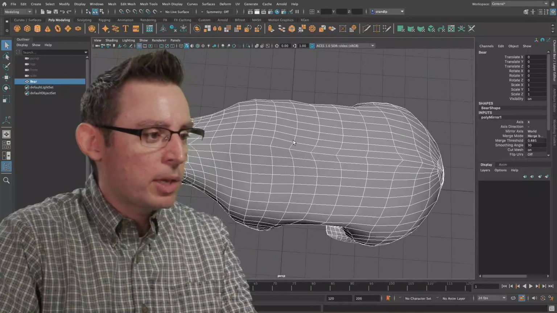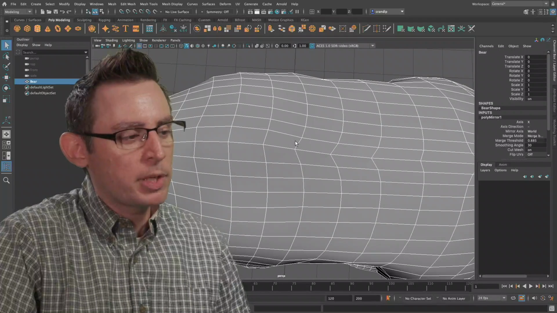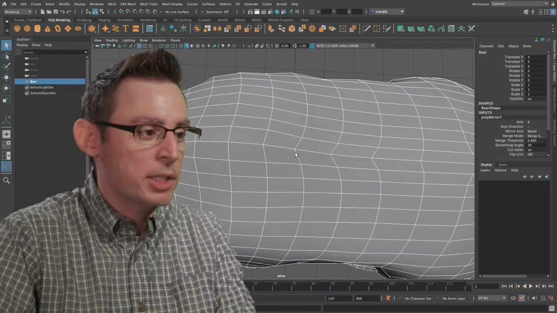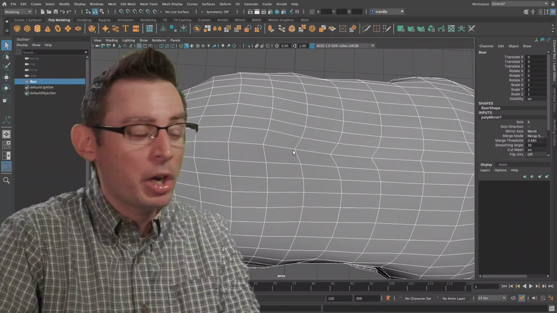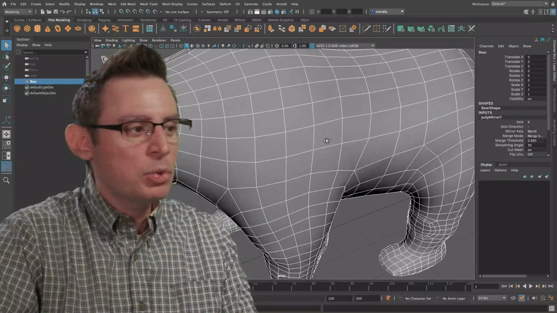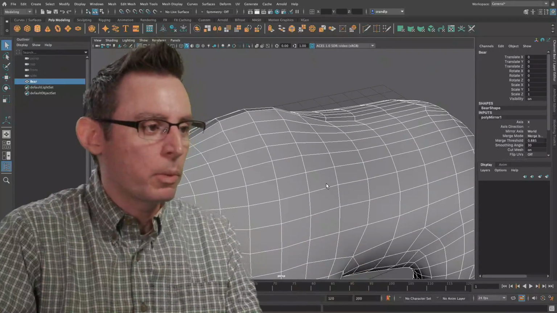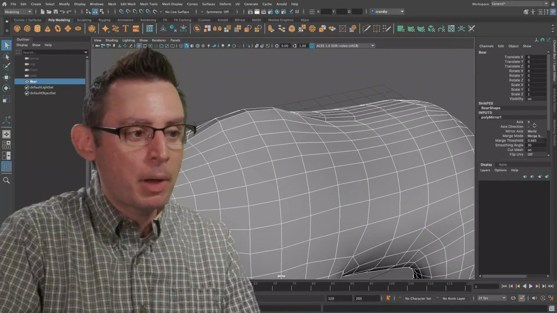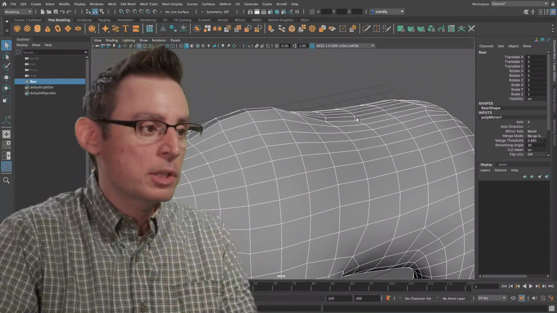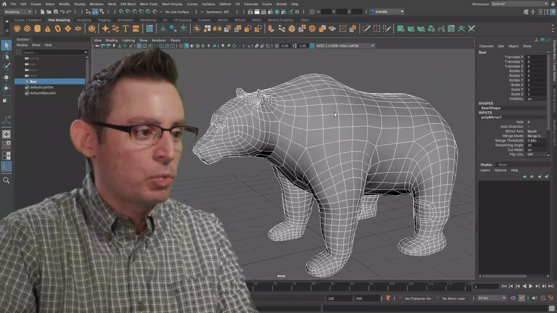Now, one of the things that we often get when we mirror our geometry are these little chevron shapes here. And this is a product of the smoothing of our topology in the retopologizing stage. So this is a really great opportunity just to go back in and fix all that stuff. You can make a nice straight line, and just do that in component mode by physically moving the verts. That's a great way of working. There's a great tool inside of our modeling toolkit called Vertex Slide that will allow you to slide these verts along their local normal. So I'm pretty happy with this. This is looking really good.